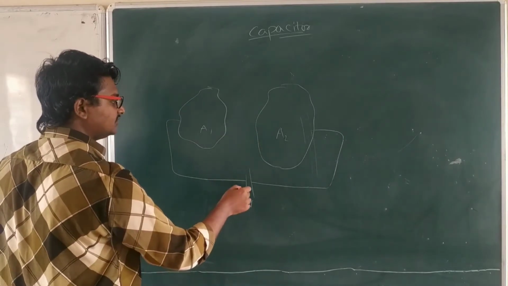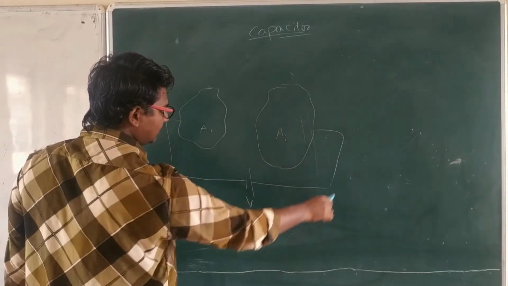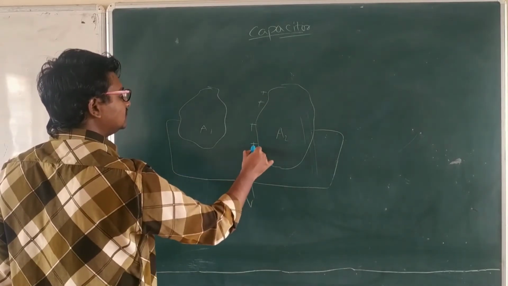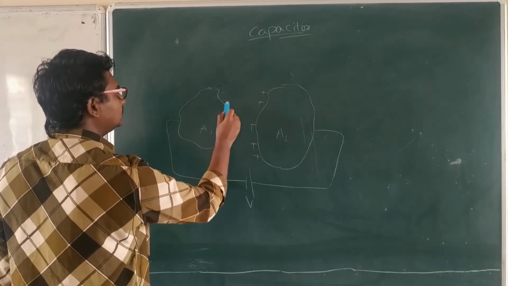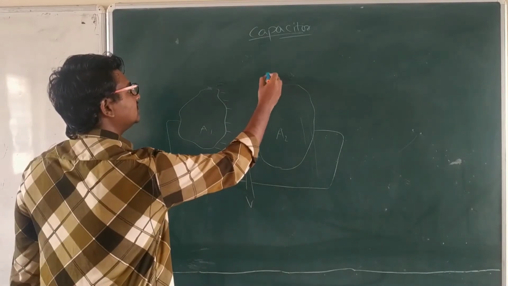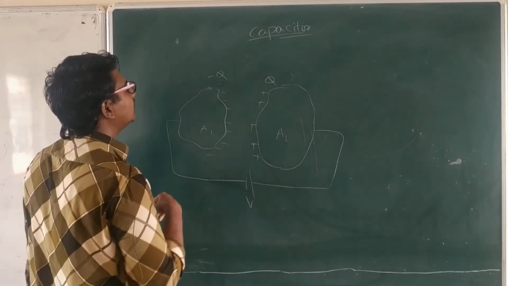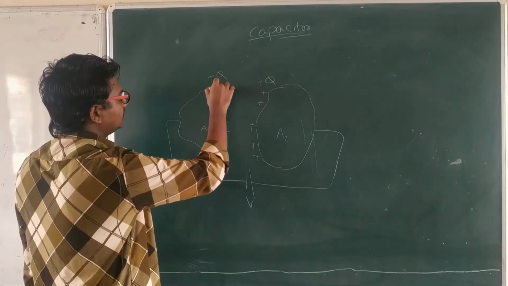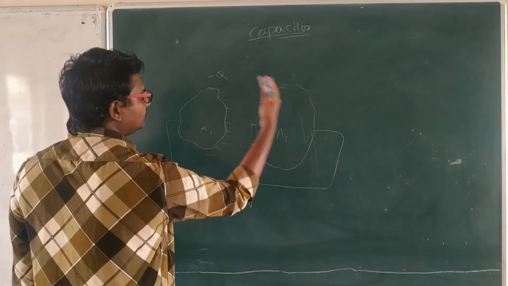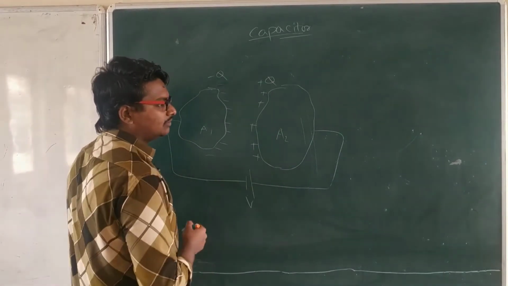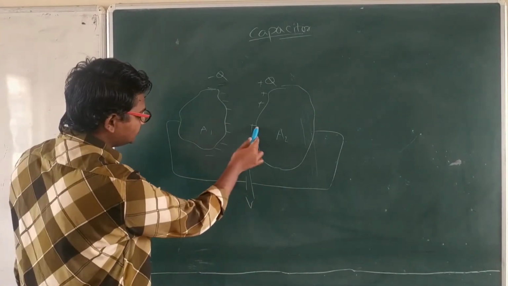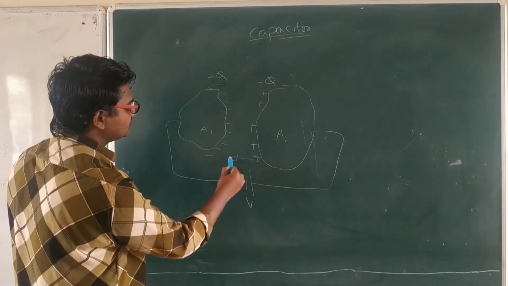Due to this potential difference V, the electrons will move from this plate to this plate. Then obviously this plate will become a positively charged plate and this one will become a negatively charged one, like this. How much positive charge here? Positive Q. How much negative charge here? Minus Q will be accumulated here. Here more number of electrons, here more number of positive charges we are going to observe in this case. This is nothing but called a capacitor, and the distance between the two plates is considered as small d.